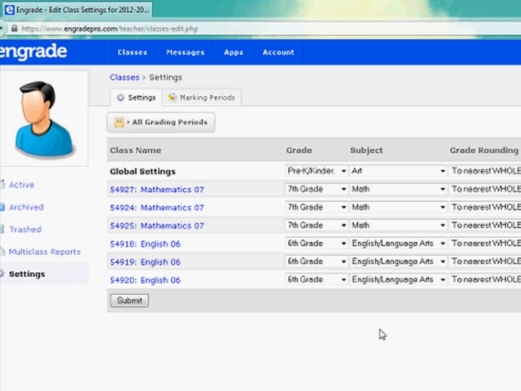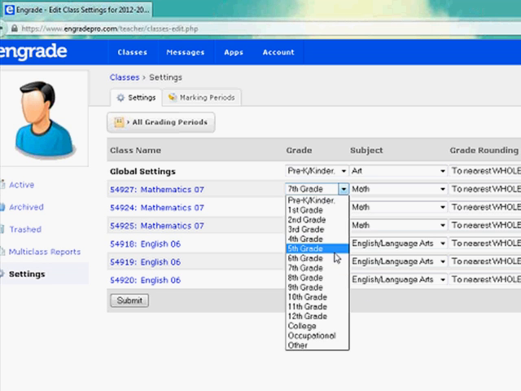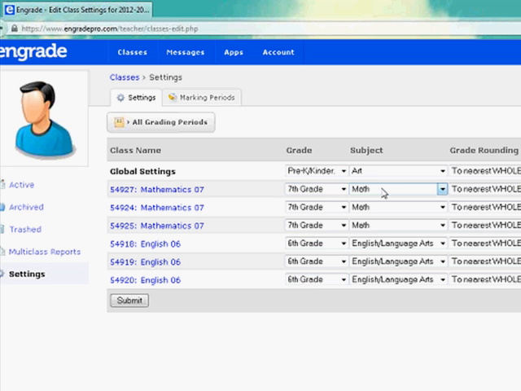The reason for this is Engrade can pull the standards for your subject and grade level, for example, the Common Core standards. In order to do that, Engrade needs to know what class you teach and what subject and grade level that is. So if you just go down the list and ensure that each class has the appropriate grade